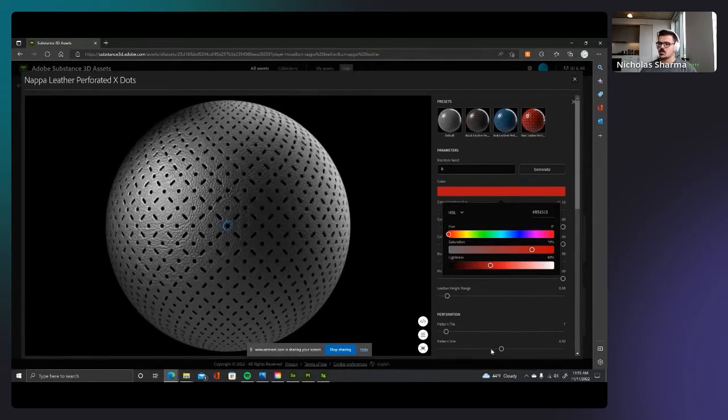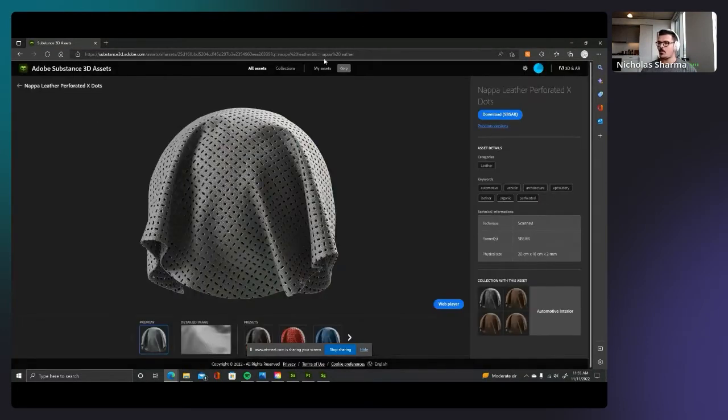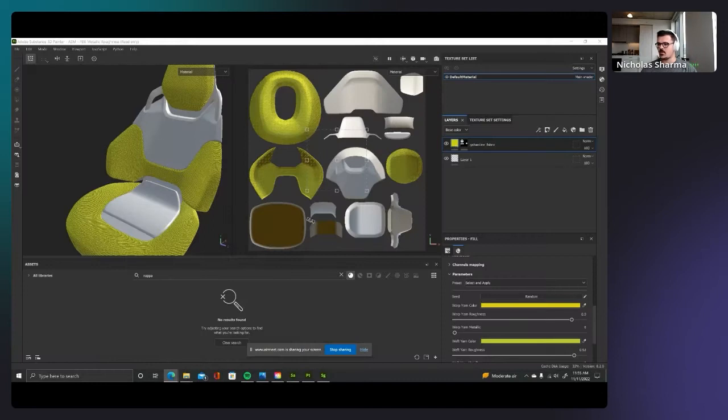It looks like each material is unique. So it leaves you a lot of room to explore and experiment and see what material you can create. And you can just hop onto the website and try that out. But what's nice is that, let's say I don't want to, I can go ahead and download that material